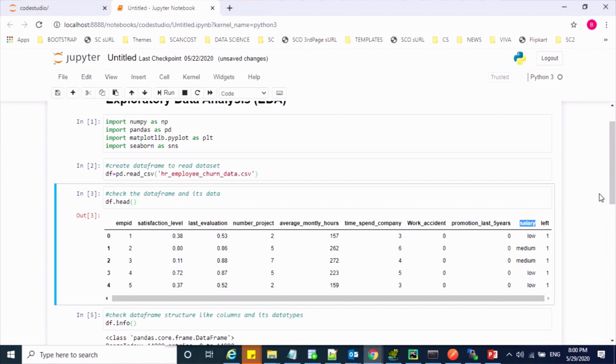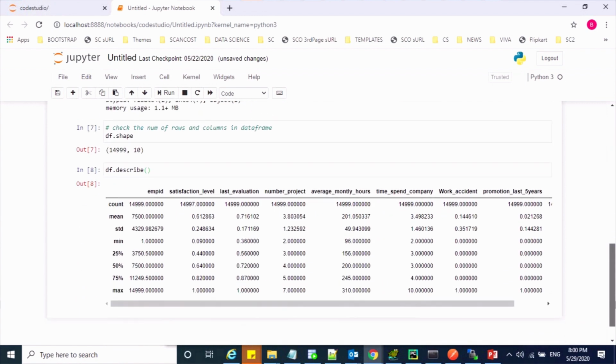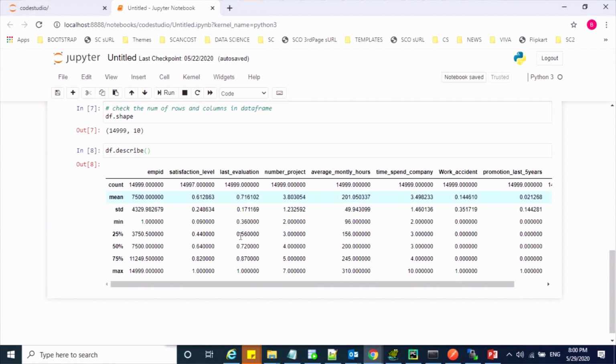You can see from the describe method that some of the features have a minimum and maximum, and we'll try to compare these. Some of the features, like work accident and promotion last 5 years, have a min value of 0 and a max value of 1.